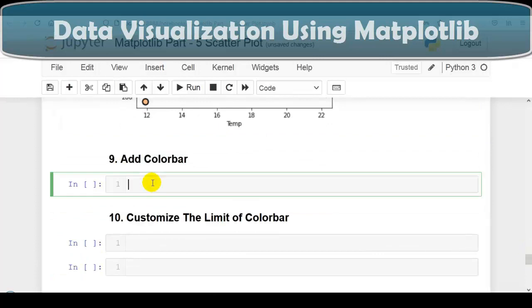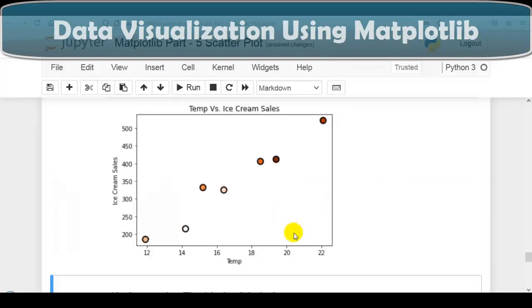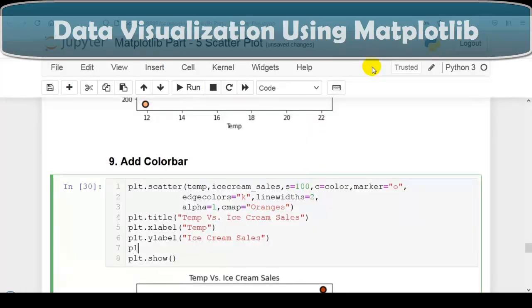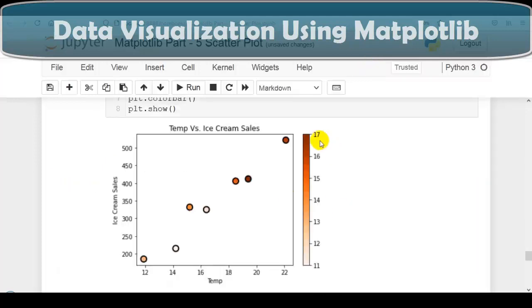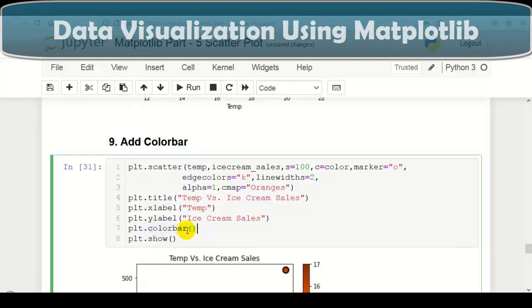So now next question. In this question, we have to add a color bar. So we can use this color bar to know what this color represents. Let me show you this. So let me copy this code and let me paste it over here. Let me execute this cell. As you can see over here, our scatter plot. To add a color bar, we have to write the plt.colorbar method. Let me execute this cell. As you can see over here, the color bar is added to our right side. By this color, we can check the value of sales. So dark color represents high sales value and lighter color represents low sales value that you can see over here. So this way we can add a color bar to our scatter plot using this colorbar method of Matplotlib.